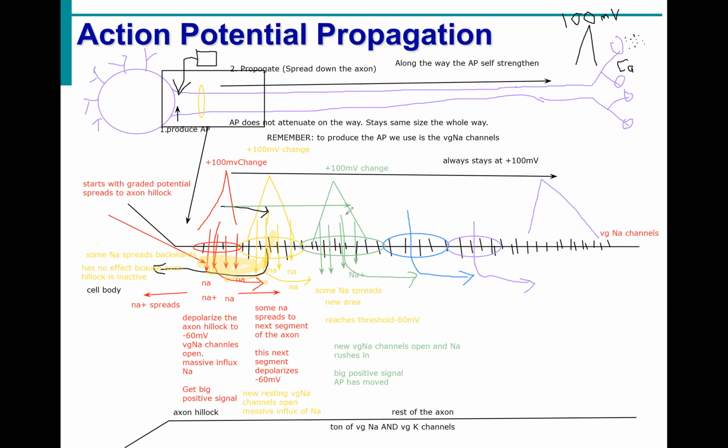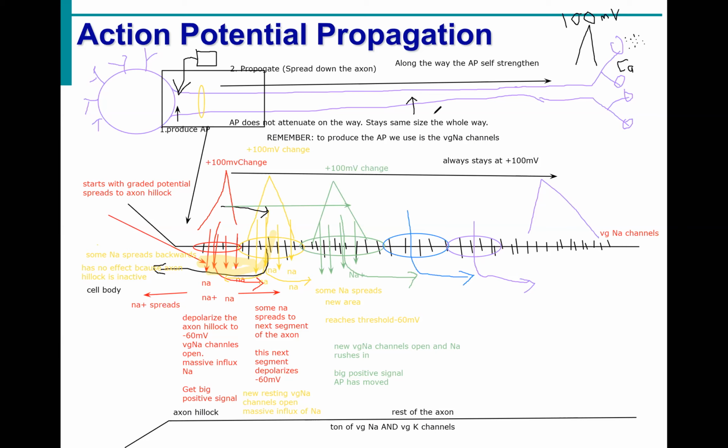And notice, it goes one way thanks to that inactivity. The one thing I will say, and it's kind of cool if you think about it, I don't think you actually do this on your PhysioEx, you do manipulate some neurons in other ways. But if you had a neuron like this one up here, and you artificially stimulated it with an electrode right here in the center,